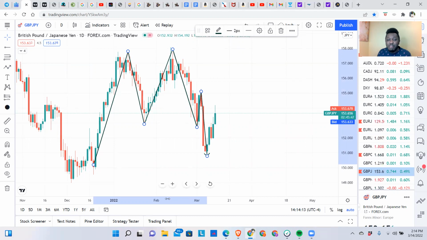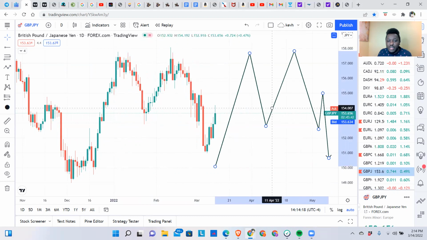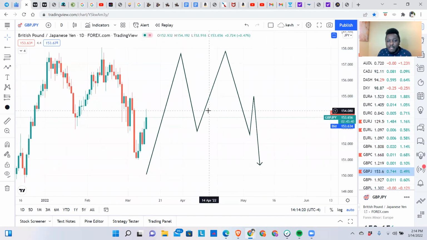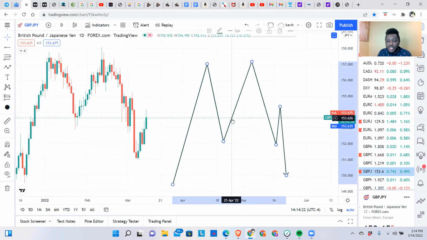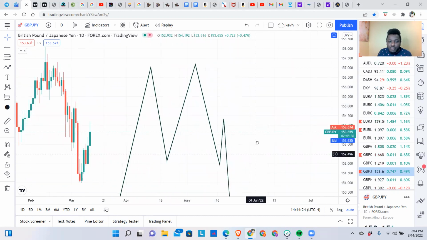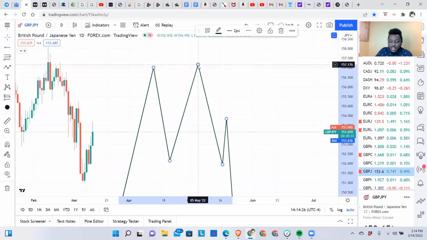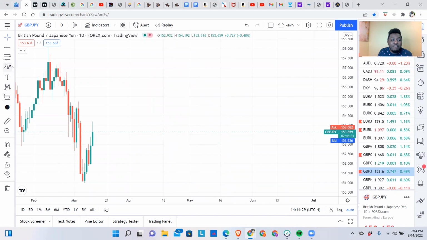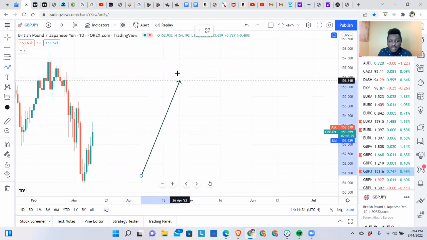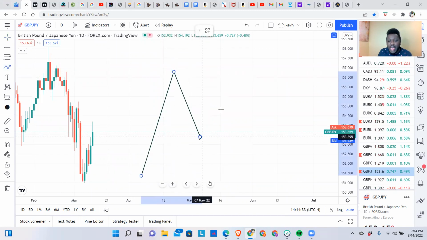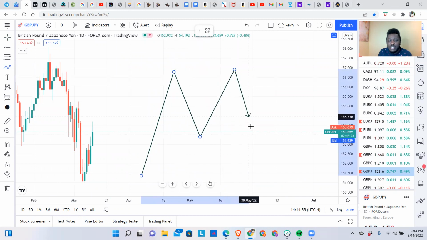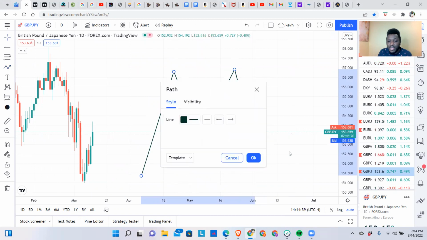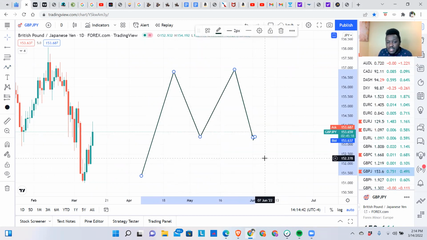Now, the first thing about M patterns, before we can even dive into it, let me just bring this over here, and we can hopefully look at it together. Allow me to delete this. Now, an M pattern basically looks like this. It's the creation of an M. It looks exactly like an M, something like that. The one thing you have to observe with the M pattern